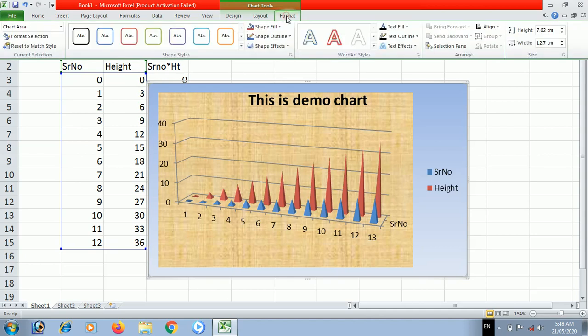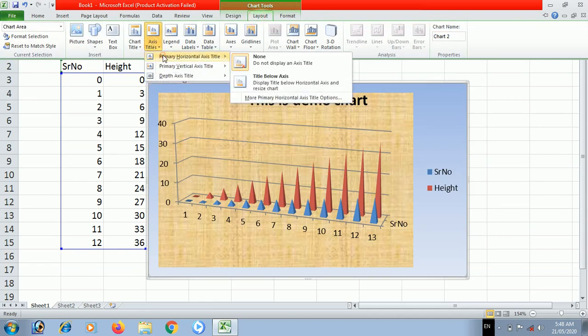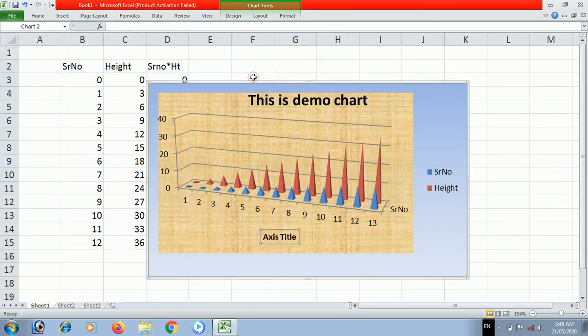Now I will go to layout again. I have the chart selected. Then axis titles, primary horizontal axis title, and I will select title below axis. None is the default. Here I will write that it's my x axis, and in brackets we can have units.